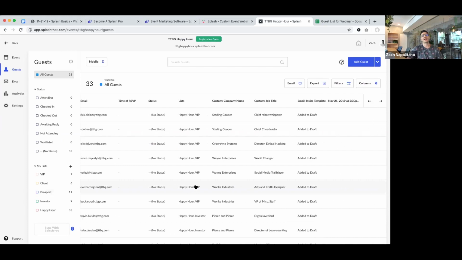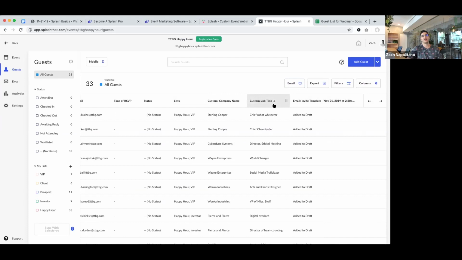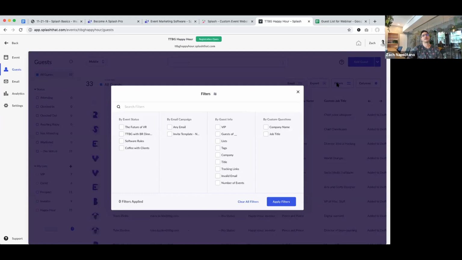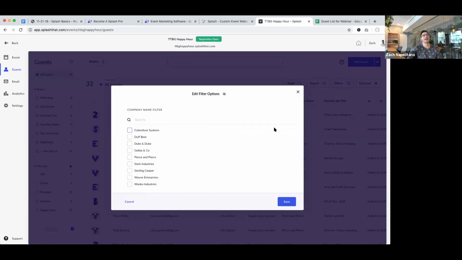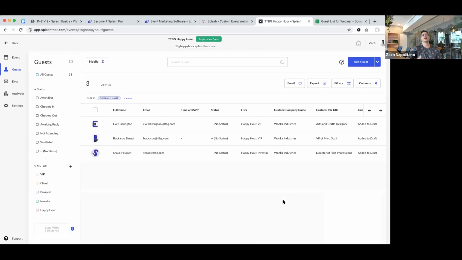Additionally, when I start pulling my guest list exports, all of those columns that I uploaded are going to be there by default. That's super helpful too. And another thing, if I want to filter by any piece of information, company name, for example, hey, how many people from Wonka Industries have registered for the event? Again, I'm not exporting out of Splash, filtering, tallying things up manually. I could do it all right here. So it's just making my life a lot easier.